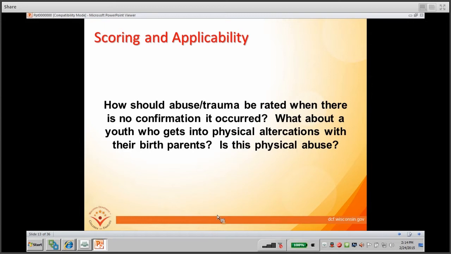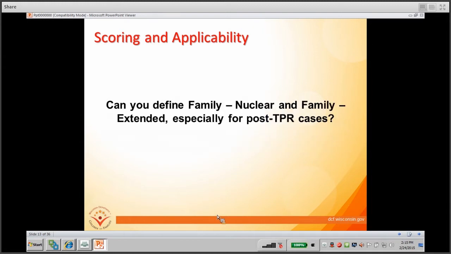For the physical altercation, you would rate that under family nuclear. It would not be rated under physical abuse unless there were abuse aspects to that physical altercation with the parent. But if we're just talking about a teenager and their parent pushing each other and it's not physical abuse, that's where you would go with it. You should note that it wouldn't be put under witness to family violence. If the youth is actually involved in the violent activity, then they are not a witness to it. A witness refers to instances where the youth is observing but not participating in the action.